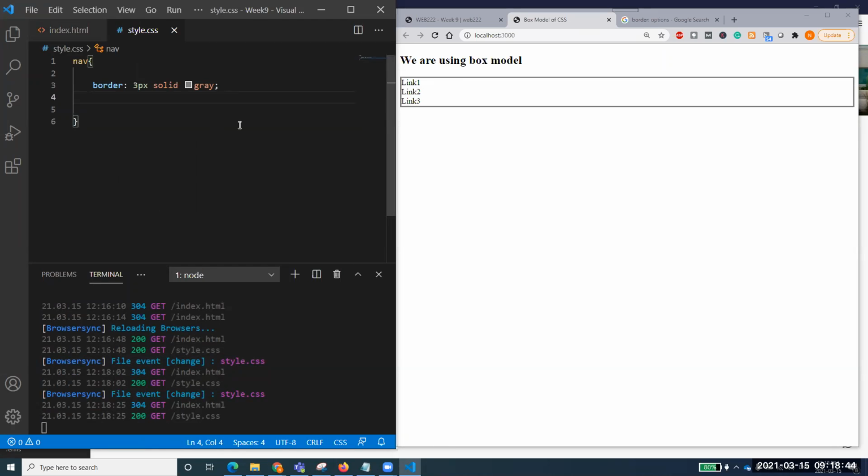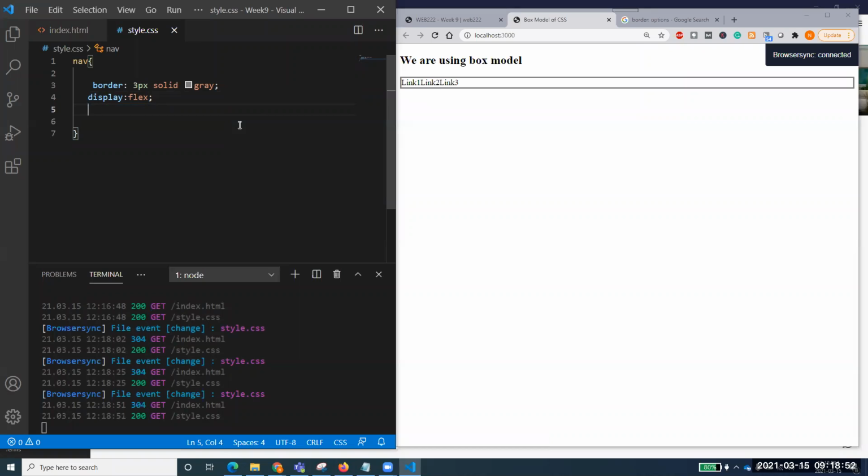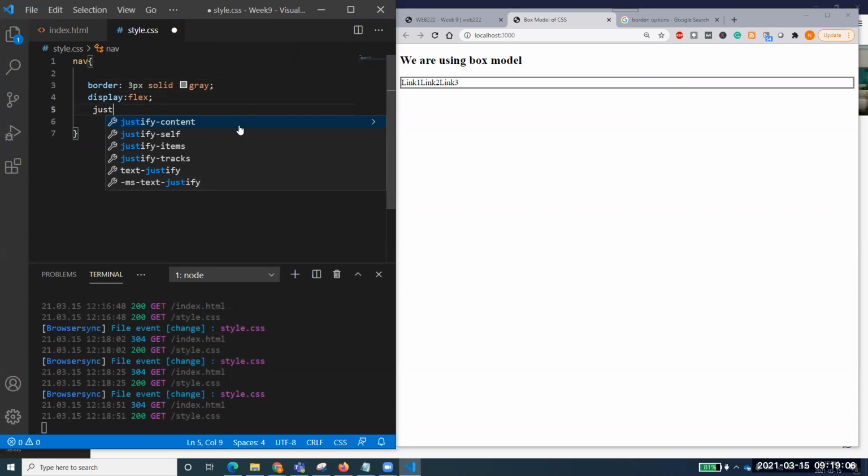Now if I define display flex, which is a very interesting one, and we'll use this very much. And if I save this one, the first thing that you see is that all three have started to come in a single line. You see there? So as I said, we'll be using this flex umpteen times during our project. There will be lots of places where we'll be using it. Now there is another very interesting attribute of this one.